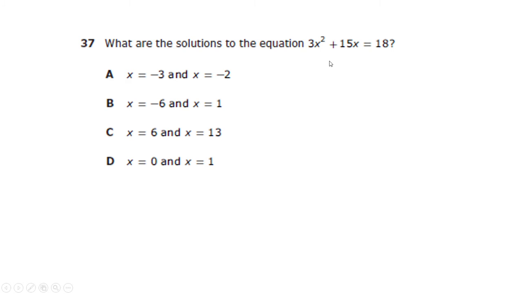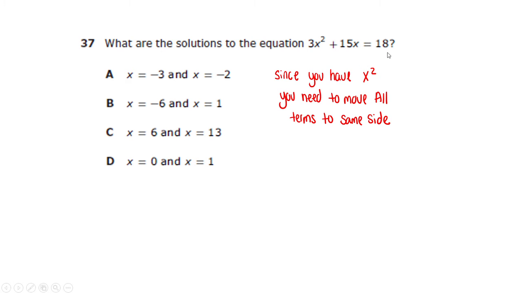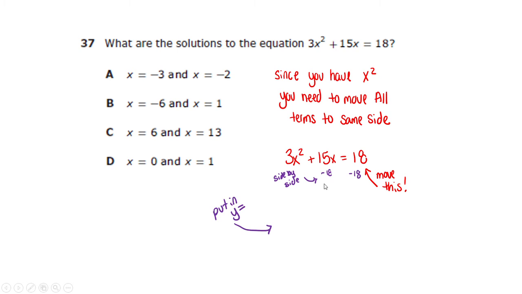So quadratic equations have to follow the format of ax squared plus bx plus c, and it has to be equal to 0. Right now it's equal to 18. So our first hint is we need to move the 18 over to the left-hand side of the equation by subtracting 18 on both sides. But pay attention that 18 is not a like term. So that's the reason why knowing that it's supposed to be in the format of ax squared plus bx plus c helps us, because we're supposed to have all of these side by side by side